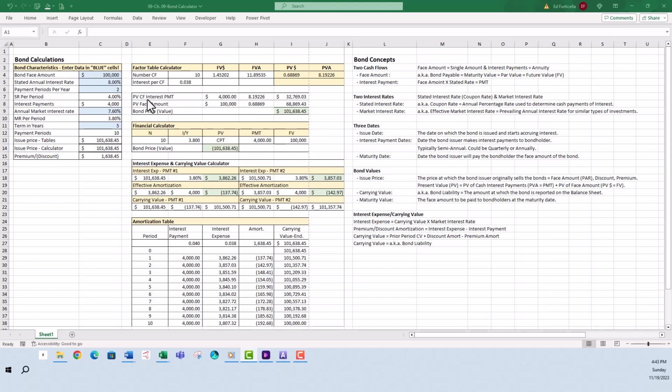For the face amount of $100,000, we use the present value of a dollar factor, or 0.68869. We multiply the factor by the face amount to get $68,869.43. Adding the two amounts gives us the present value, or the bond price, or the bond value at the time of issuance, of